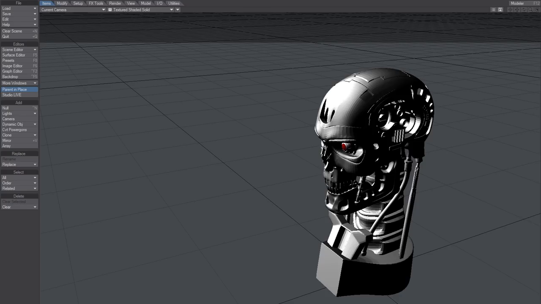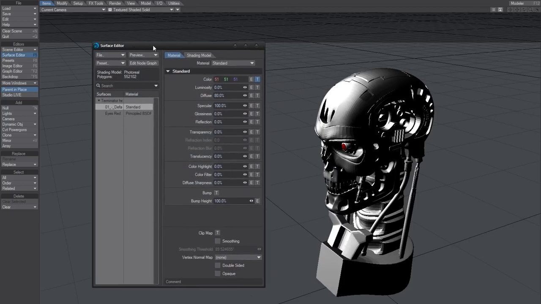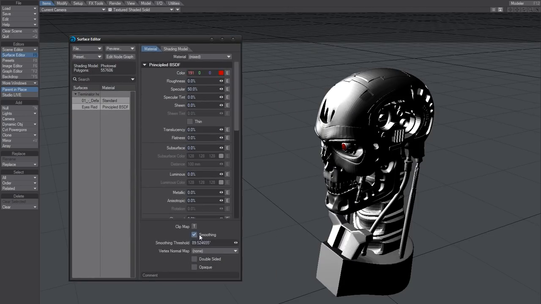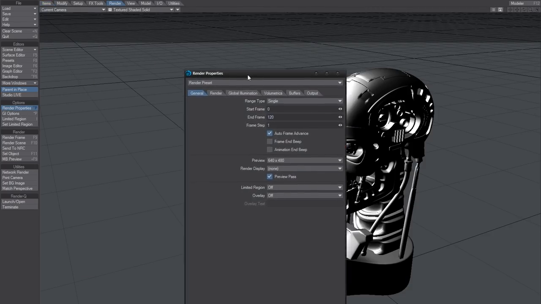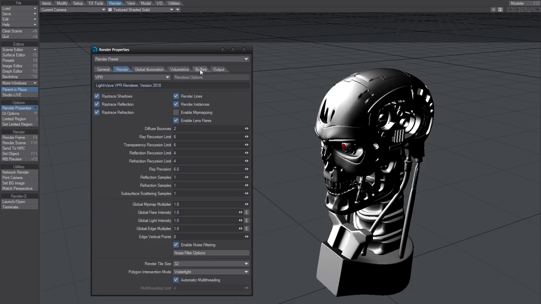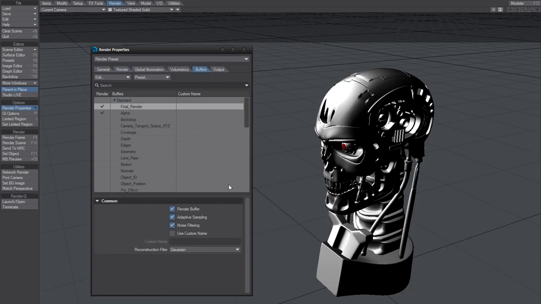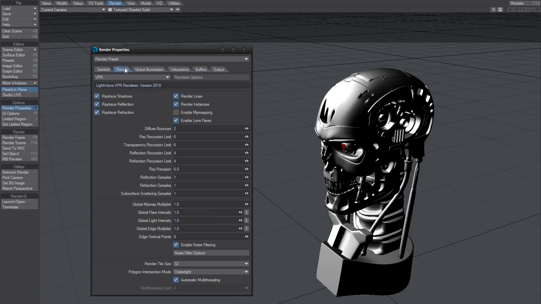I thought I'd give a short introduction in regards to noise. Let's turn on smoothing for this object, and under render, go to render properties. What do you want to do here? You don't want to go to render first, you want to go to buffers and final render and turn on noise filtering. After that is done, go to render and